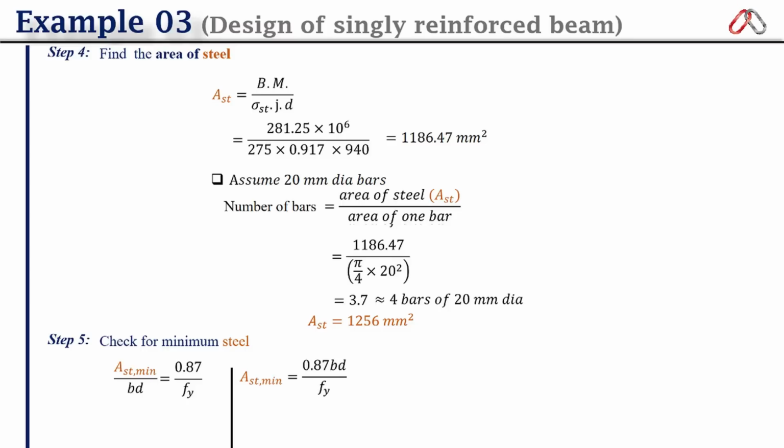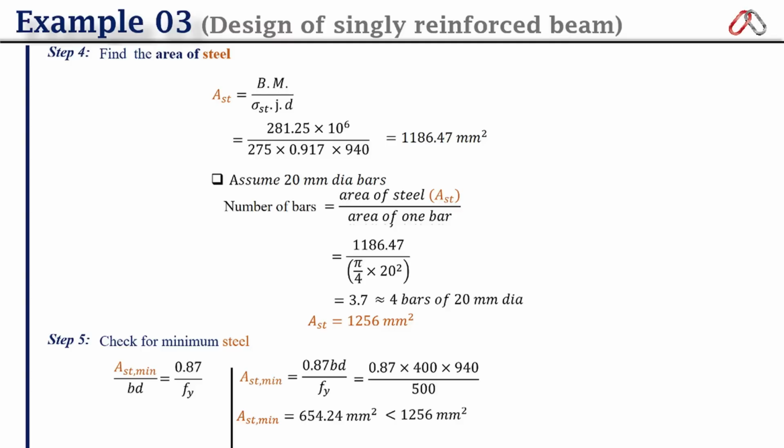Minimum area of steel is equal to 0.87 BD upon Fy, and put here the value of B 400 into D 940 mm upon yield strength of steel 500 Newton per mm square, and the minimum area of steel is 654.24 mm square, which is less than 1256 mm square, and it satisfies the criteria required